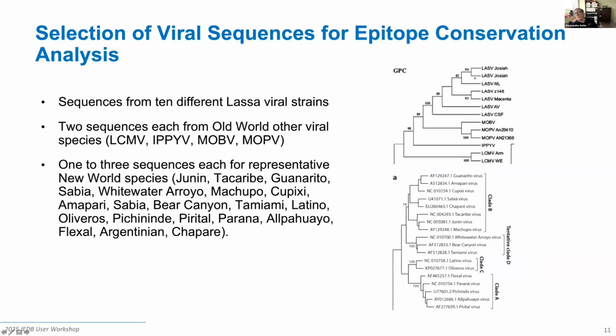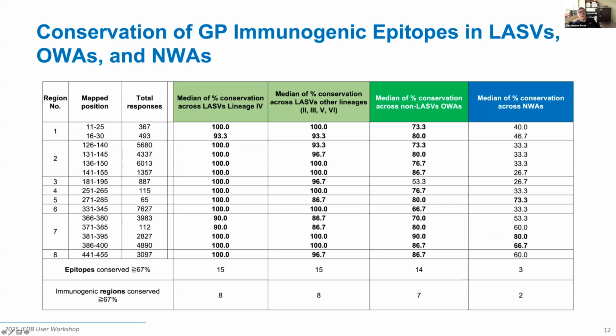this is GPC, but just to give you an idea of different arenaviruses, different Lassa isolates, but also different Old World arenaviruses such as Mopeia or LCMV. And then, of course, another group could be other New World arenaviruses. And here's a list of these different viruses. And the bottom line is that by doing that, you can calculate for different regions, with CEDAR's regions that Alba was showing you, how